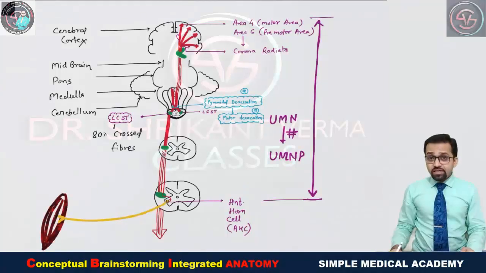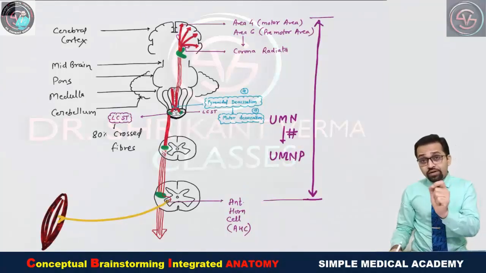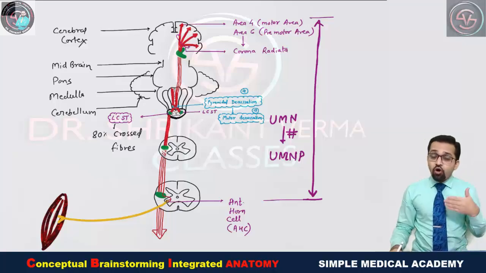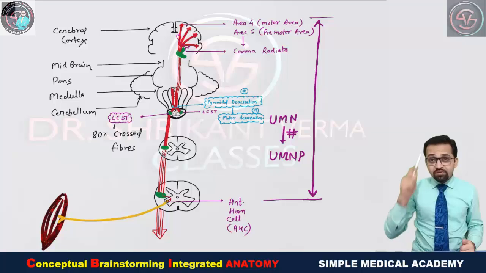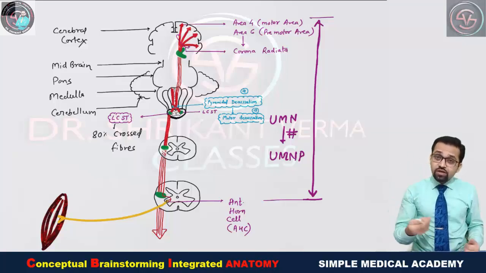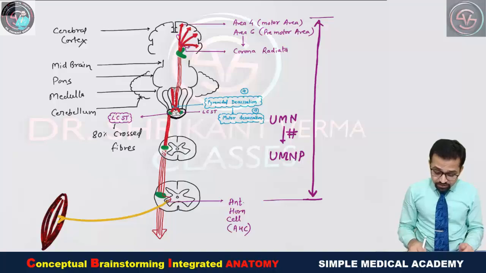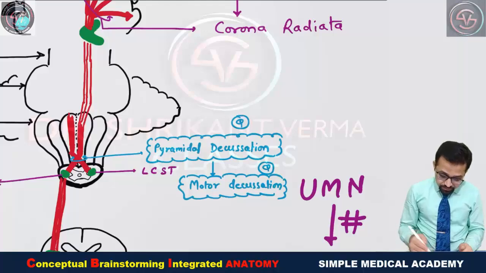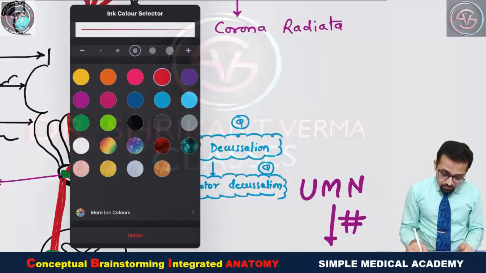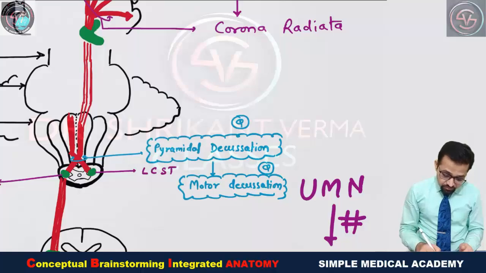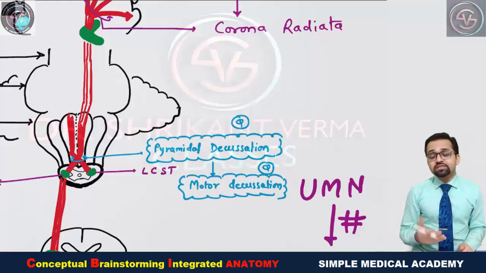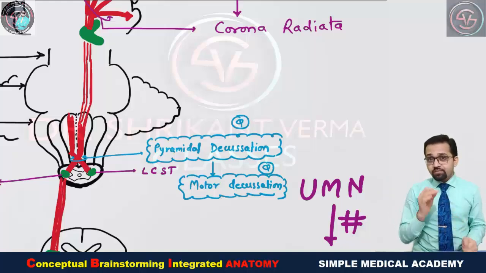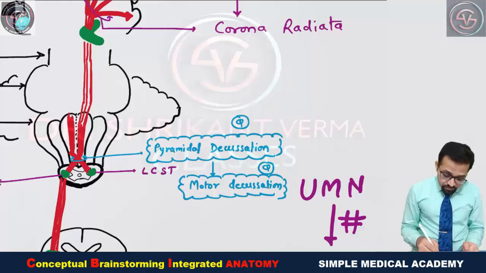Now we are going to see how the anterior corticospinal tract is formed, because it will run from the anterior side. It is coming from the cortex to the spinal cord. That's the anterior corticospinal tract. Just observe this diagram. When these pyramidal tract fibers are coming down, approximately 80%, 75%, or a few books mention 70% of fibers cross to the opposite side, but a few fibers are not crossing.